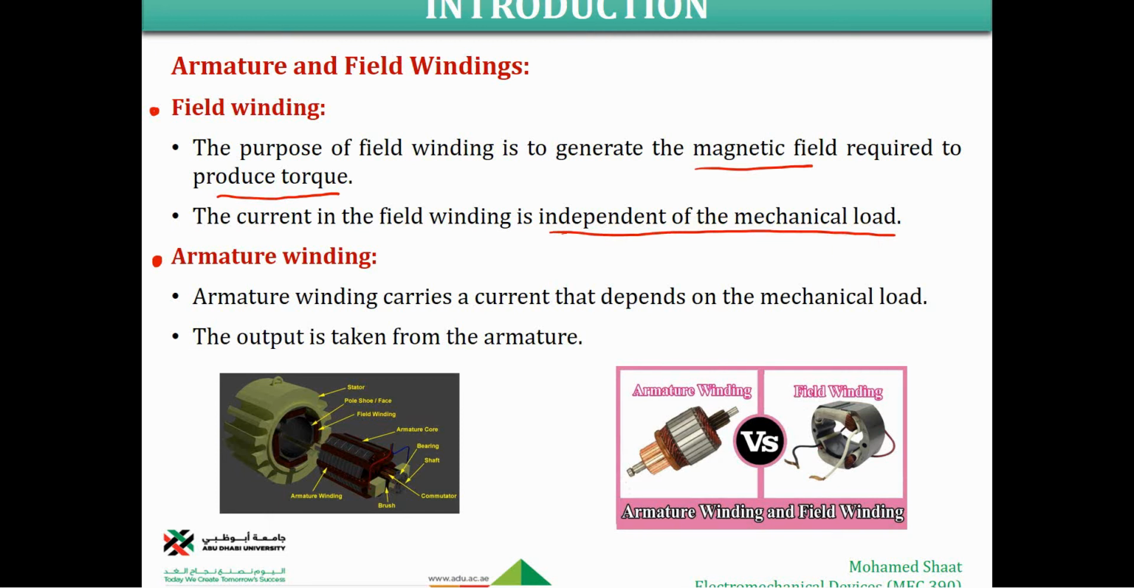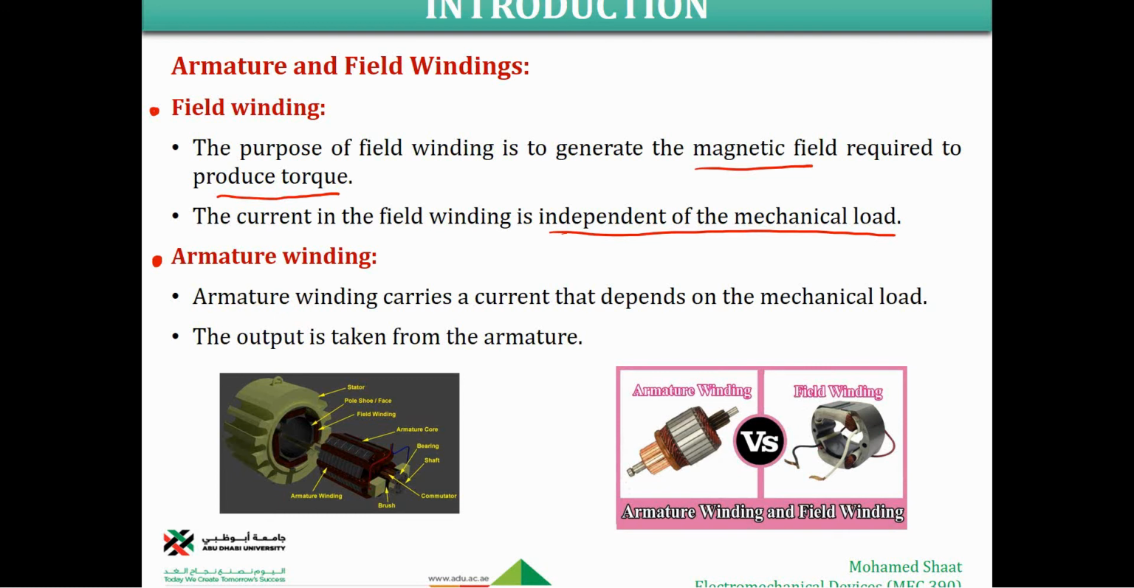It's not affected by how strong or how weak the mechanical load is, or the machine that is going to be connected to the electrical motor. This field winding, or the current over this field winding, is independent of that mechanical load. The other type is the armature winding, which is going to be the windings over